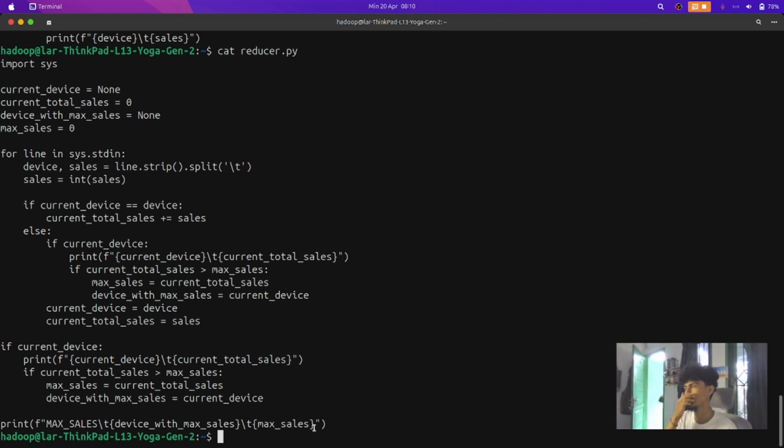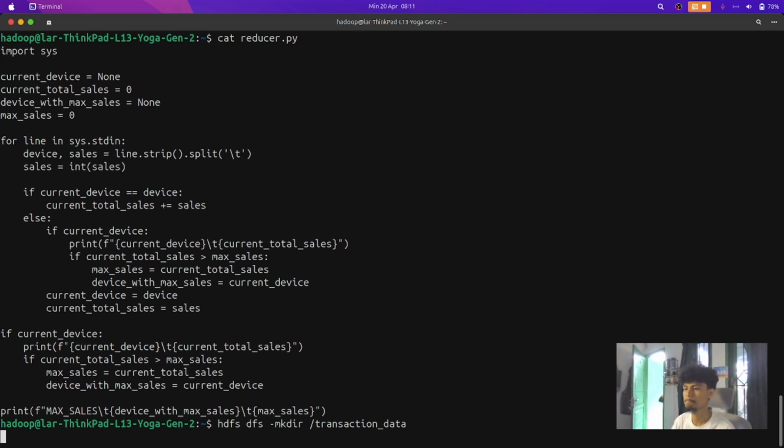So the next step is to upload the transaction data to Hadoop. We can create the directory transaction data in Hadoop. Okay, transaction data.